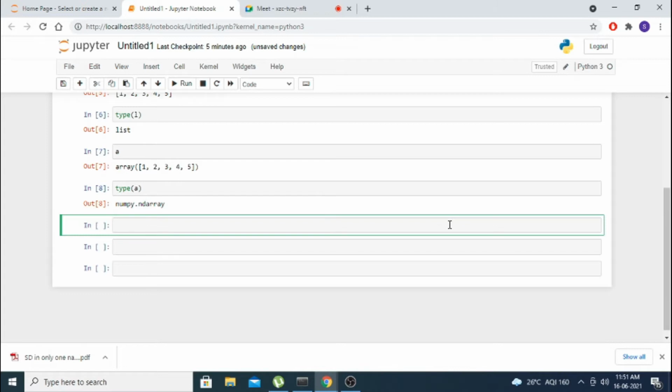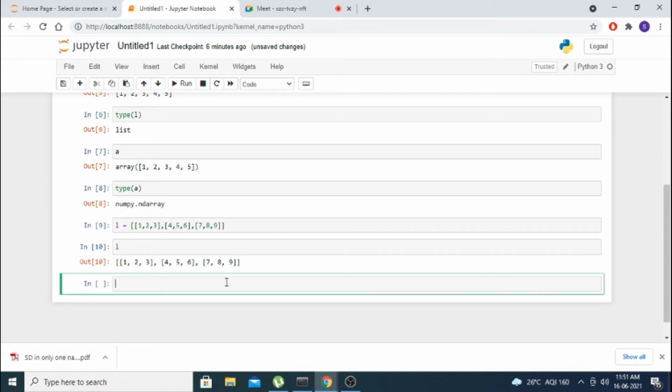I am creating one list. That list will internally contain 3 components, and each is again a list. The first element is the list 1, 2, 3. The second element is 4, 5, 6. Then the next element is 7, 8, 9. Okay, I created one list.